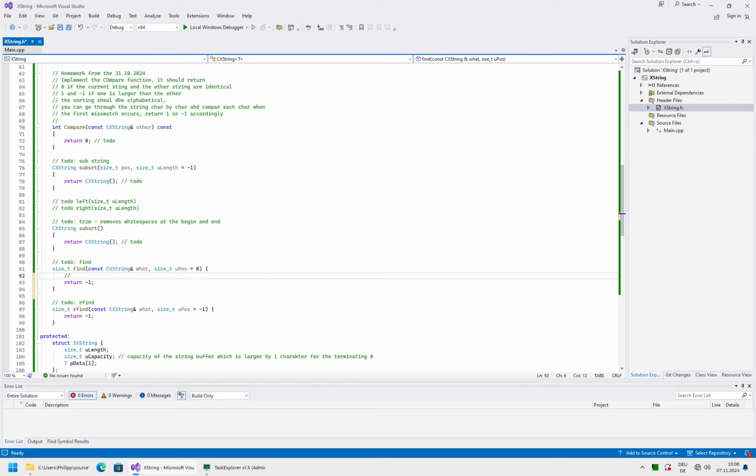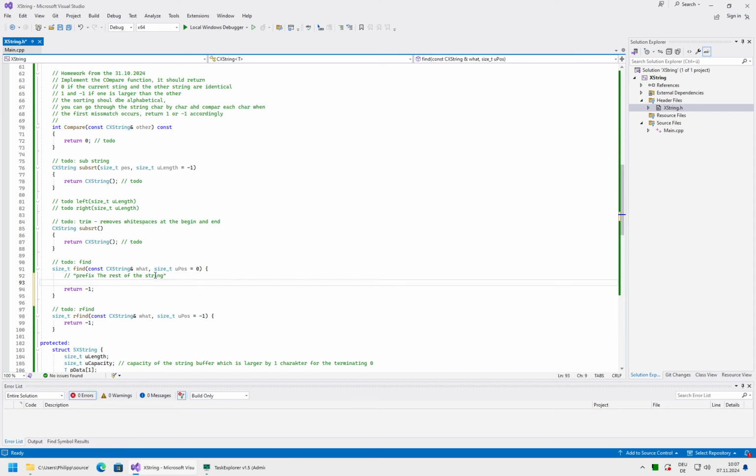Because it's a template class. It is a template class. Yes, but the thing is that when the compiler generates the body of the function for the particular type that we decided to use at some point, the compiler must see not only the header but also the implementation. Otherwise, it cannot implement the function body. So if we would have moved our find function to the CPP file, then we would get a linker error because the compiler would not create the specialization for the type that we have been using.